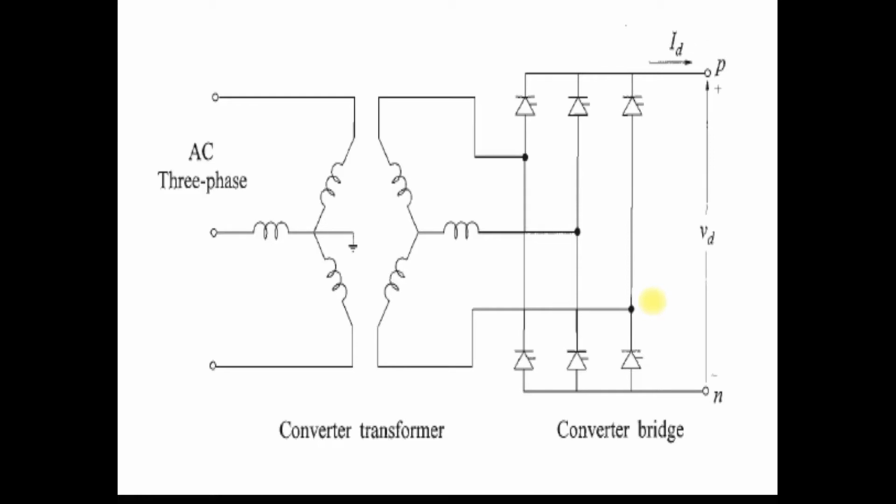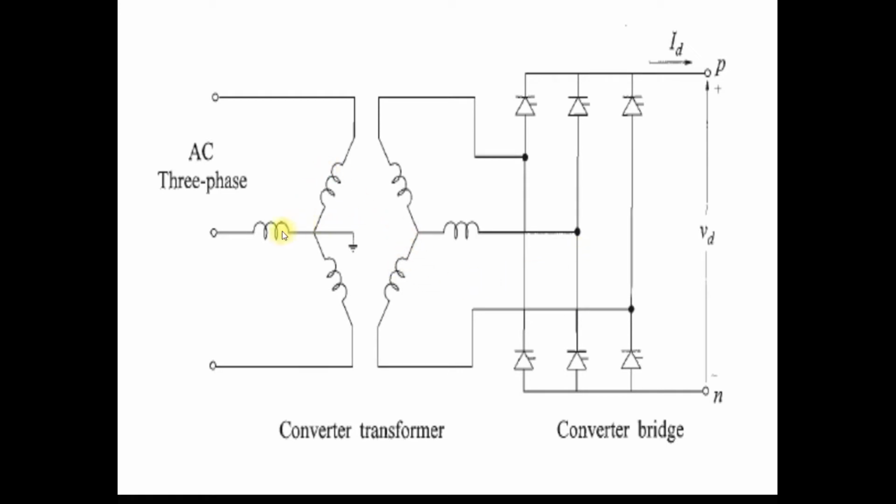In lectures number 15, 16, 17, 18, 19, 20 and 21, whatever we have learned, all this topic we have summarized in this lecture. In lecture number 15, we started the analysis of the three-phase full wave converter with some assumptions. You know that this is a circuit diagram of an HVDC converter. Here you can see that this is a three-phase supply, this is a converter transformer, and this is a converter. Here we first understand the operation of this converter as a rectifier. After that we will discuss the operation of the converter as an inverter.